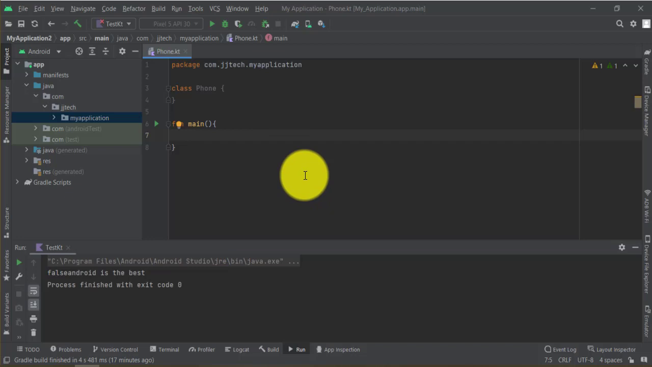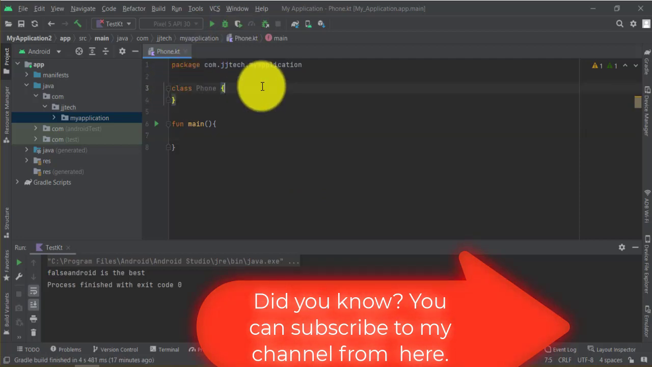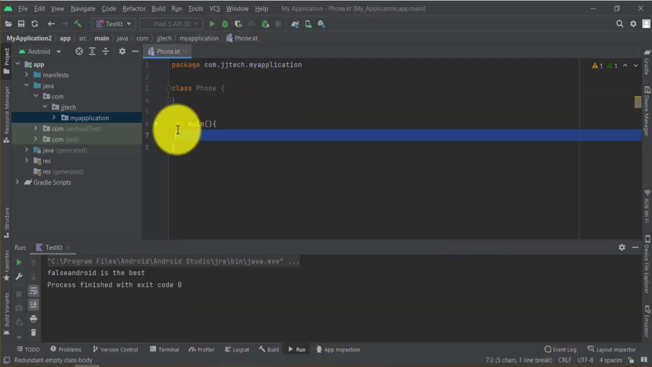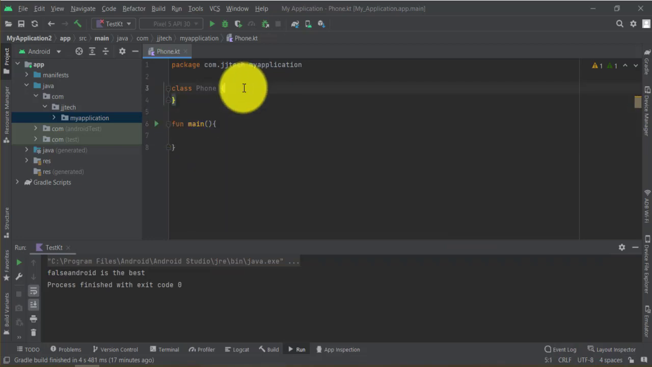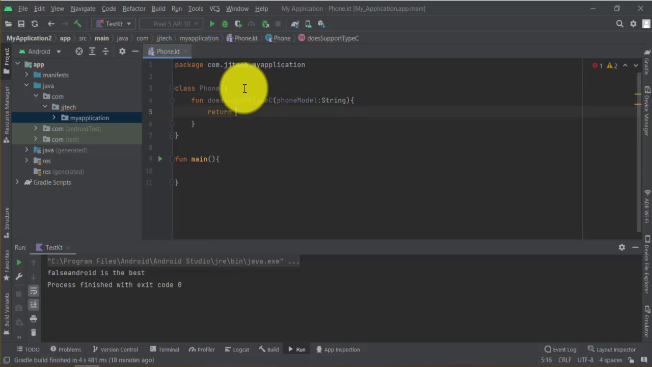Okay, so I have created a dummy project. It only contains an empty class and a main function. So what is an extension function? Suppose this is our class Phone and it contains a method, a function supportsTypeC, and here we will pass the phone model as a string, and it will return if